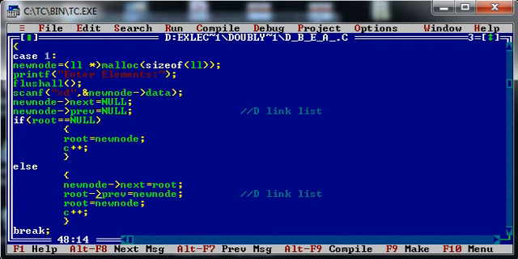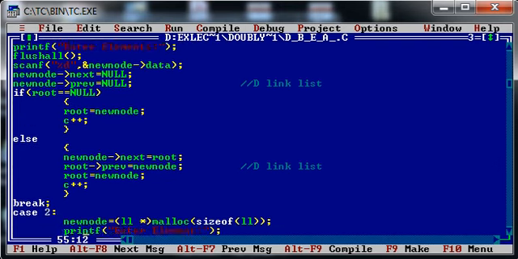Same way, what I have to do over here is root of previous is equal to new node. It means in the previous part of the root node, I am assigning the address of the new node. Since it's a doubly linked list, we need to assign two addresses to each node. Okay, and later on, whatever new node I have just created is considered as the root node. Once again, I am incrementing a node in the linked list, so the counter has to be incremented. So this is the first case.